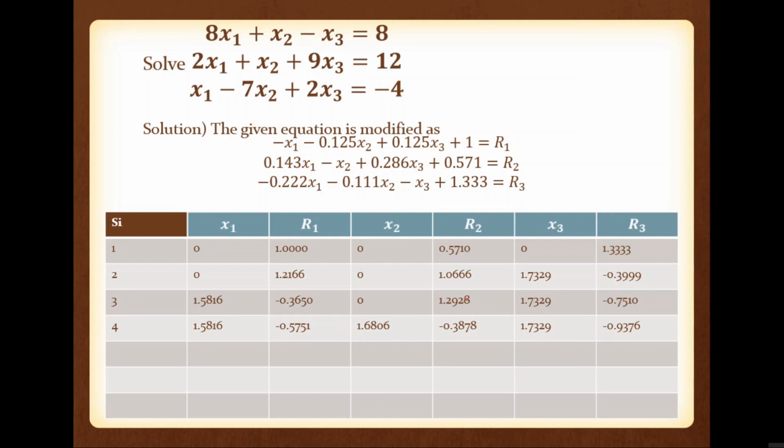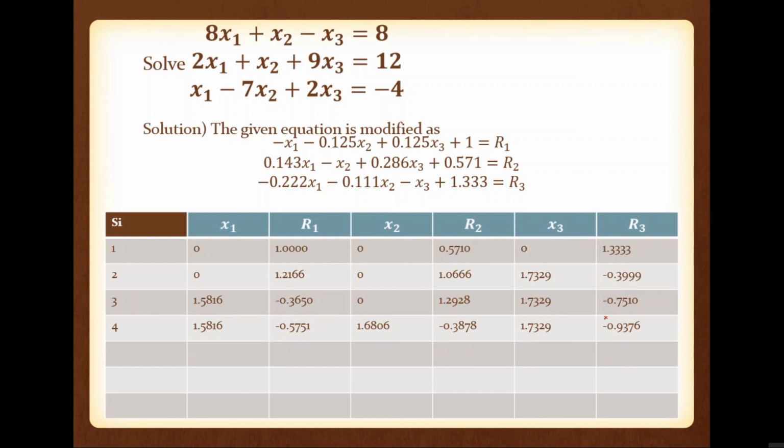Okay. So what about the other variables? The residues are increased. Here you can see that the residue is increased. Here also the residue is increased because that one is not relaxed. So this condition is applicable for normal relaxation also. If it is not relaxed, definitely its magnitude will increase. Okay. Now here, which residue is the largest one? R1, R2 or R3? R3. R3 is the largest one.